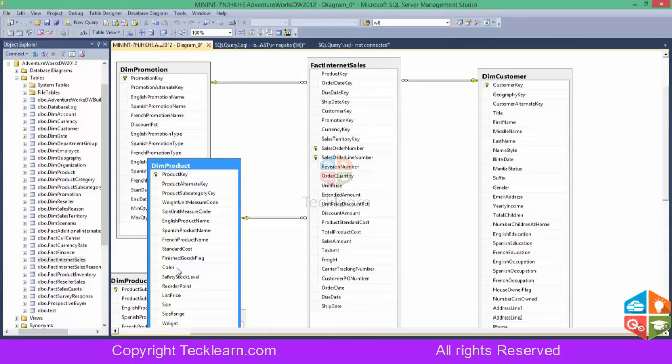That is a fact again. That is not a dimension, so that is a fact. But that is a non-intrinsic fact, a non-numeric fact. Okay, so your survey you will store into a fact. But your dimensions will not change. In dimensions there is nothing like intrinsic and non-intrinsic. Dimension is always departmental data, and it is non-numeric. But facts can be numeric and non-numeric.